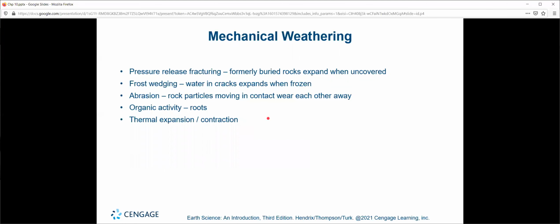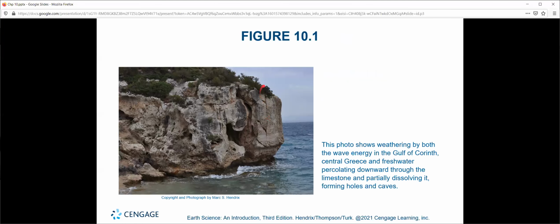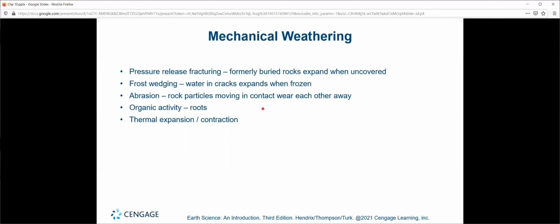Organic activity like roots, right? Organic activity, roots can break apart rocks. We've all been to a rock outcrop before and saw a tree growing in the middle of a rock. Well, take a look at that tree. You're going to notice there's a very thin crevice formed in the rock right around that tree, and that's where the branches are going, right? And lastly, thermal expansion and contraction. This is essentially what happens while we have potholes in our roads. That same basic phenomenon works in most any rock that can contract and expand given heat.